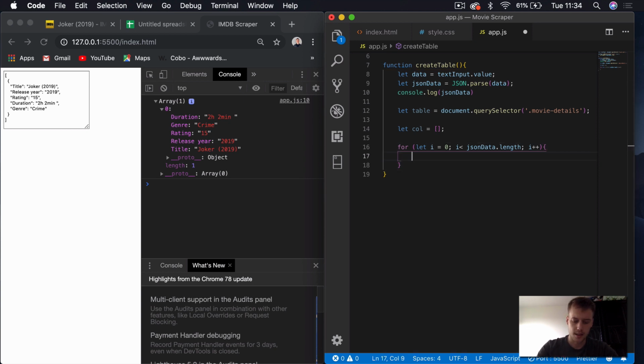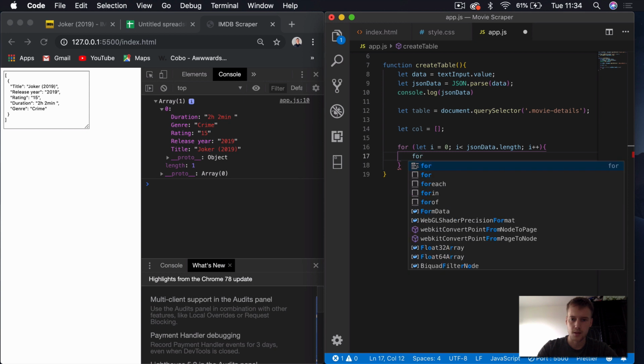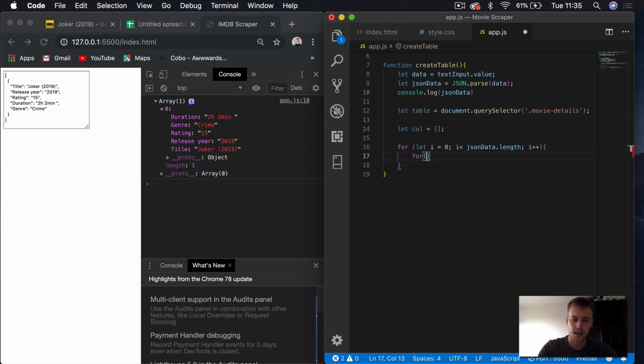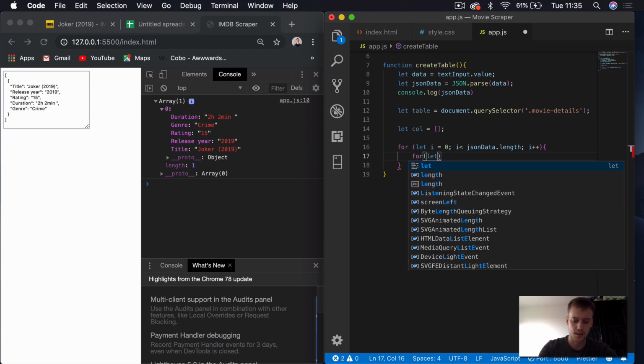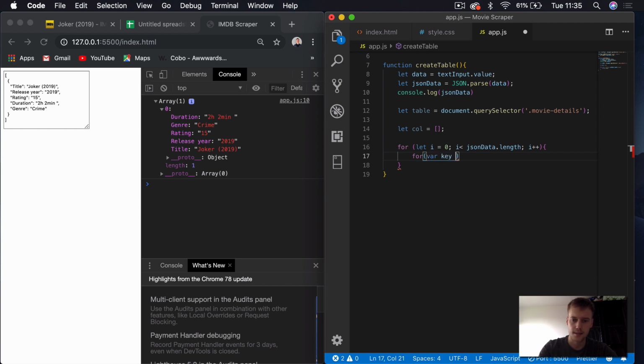And then here we're going to say for another for loop, a nested for loop, and then we're going to say let var key in JSON data i,